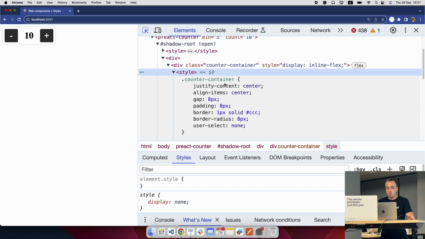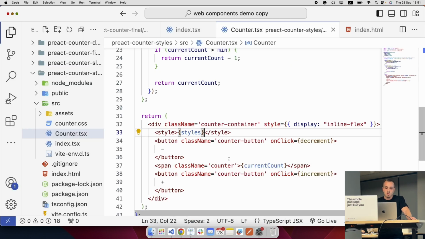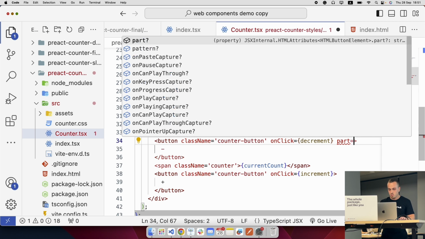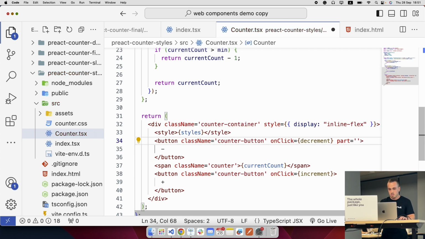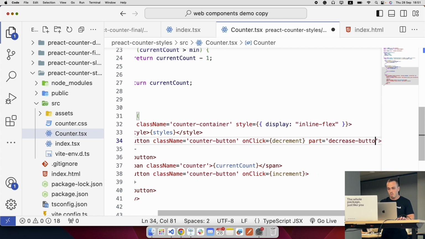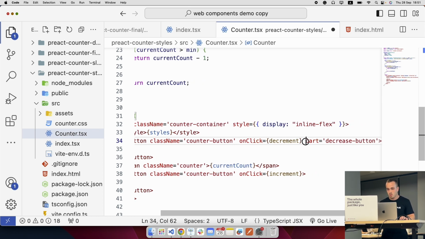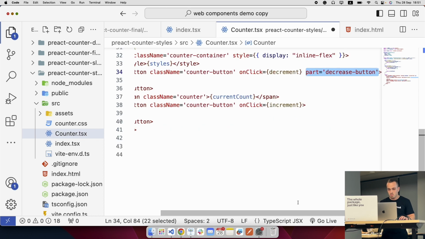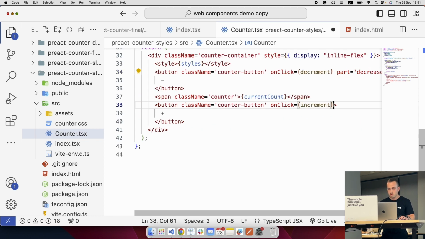And yeah, we also said that we want to enable some parts of our web component to be styled from our external DOM. How can we do that? We can do that by specifying, for example, on the button a part attribute with a name. Let's say this is the increase button, and let's say we would like to enable users to style our